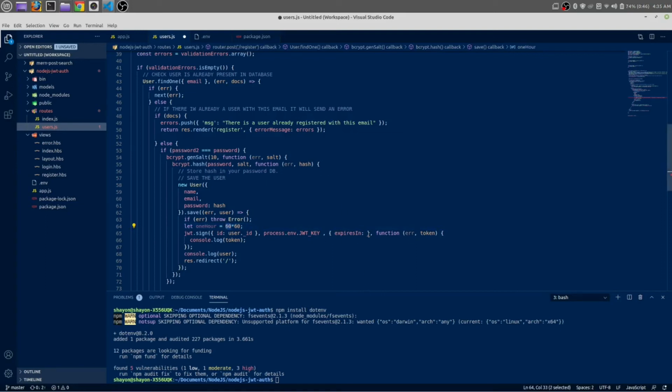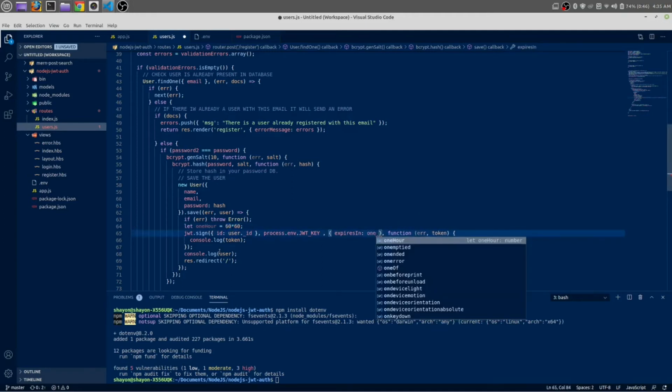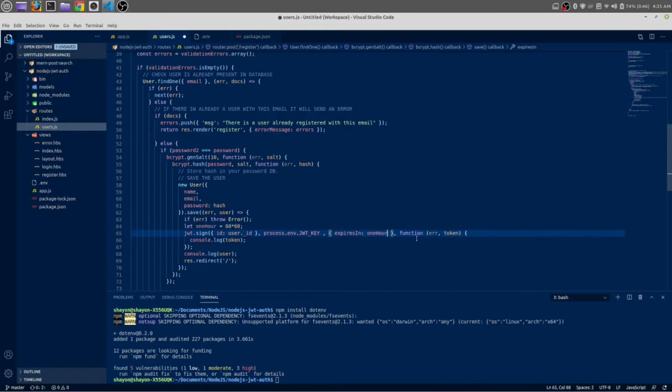Okay, 1 hour. And let me make it a callback function. As much as possible we are going to use modern JavaScript functionalities.